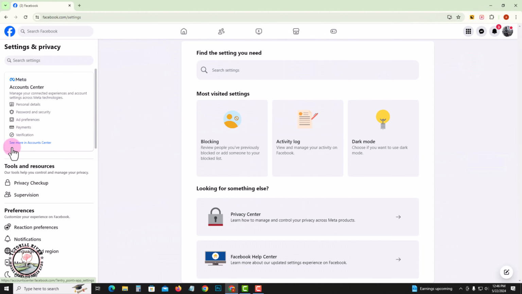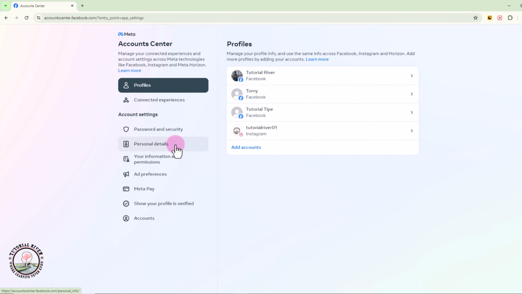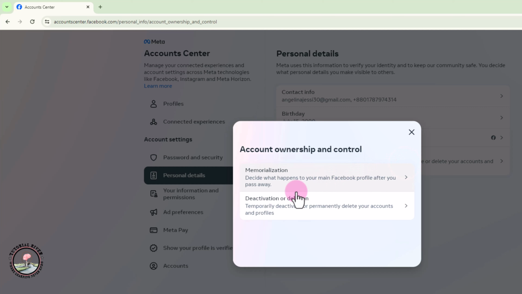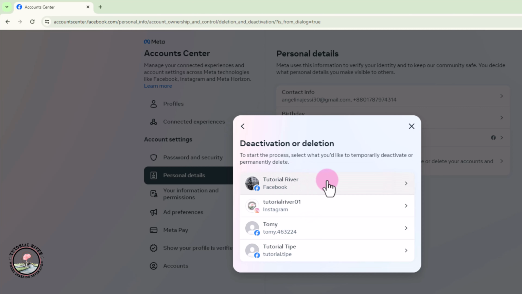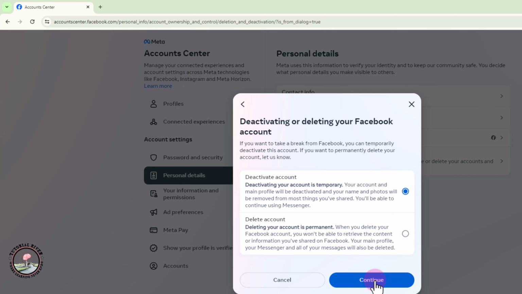look at the left side, click on see more in account center, click on personal details, click on choose the second option, select your account, continue,